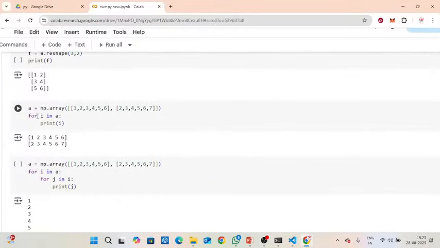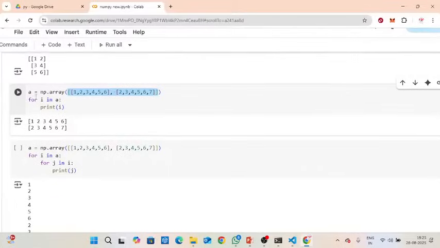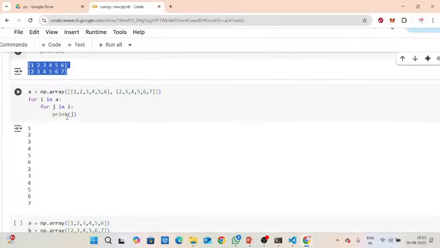Okay, and then the for loop. A for loop is used to iterate over data from any variable. For i in a means a consists of data. That data will be split out; it has 2-dimension data. The 2-dimension data is split out into single dimension and loaded in i. This 2-dimension was split out into 2 single dimensions. If in case I use another for loop, those 2 single dimensions are split out into single values.